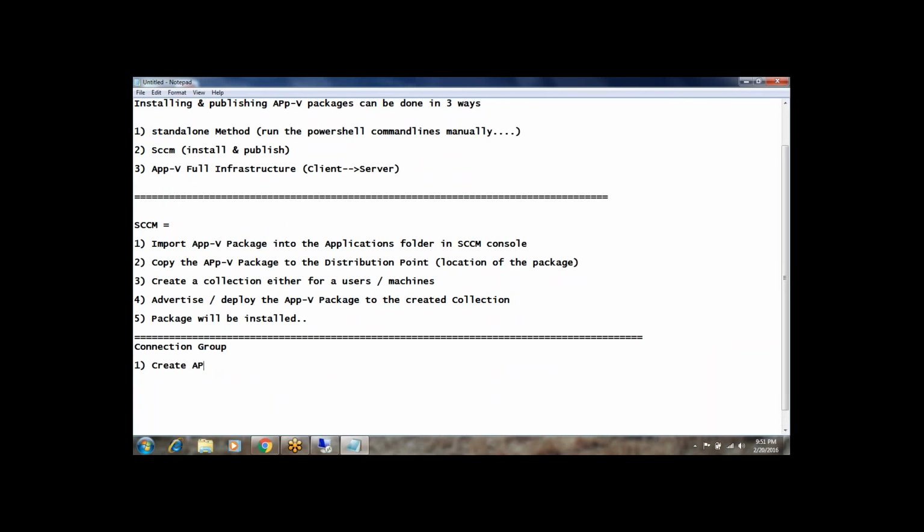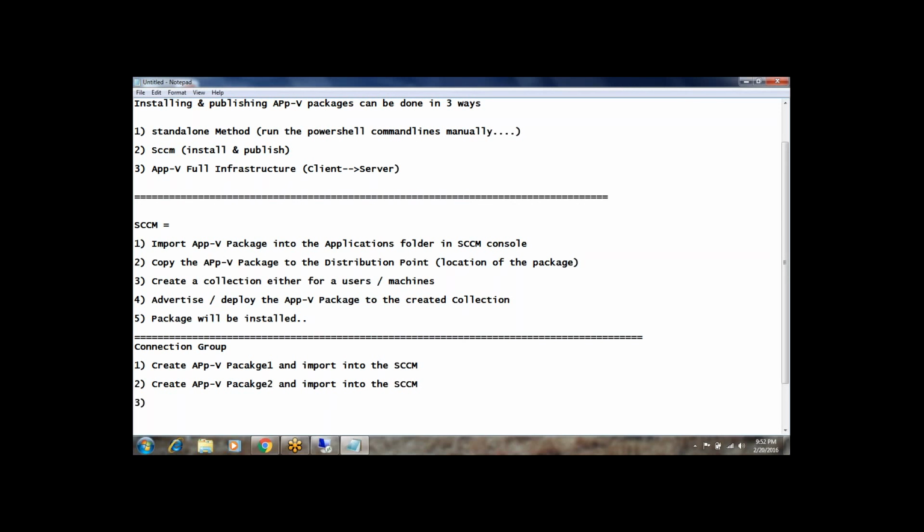First, create AppV package 1 and import into SCCM. And the second point also says the same, it's just application package 2.